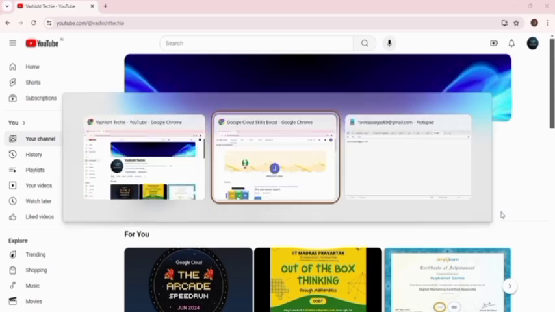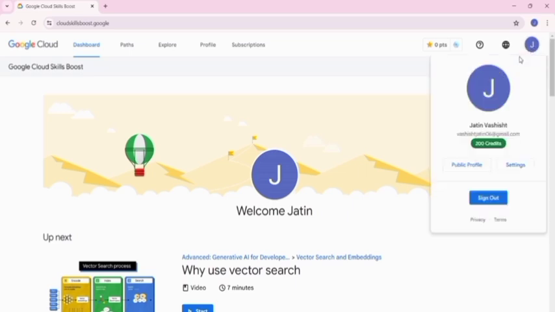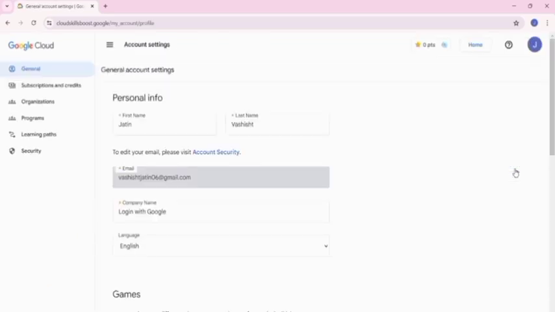Now let us jump to our official web page of the Skill Boost. This is my public profile of the arcade. If you have this sidebar corner, if you click on the public profile, then there will be a setting option on the right side of the public profile.